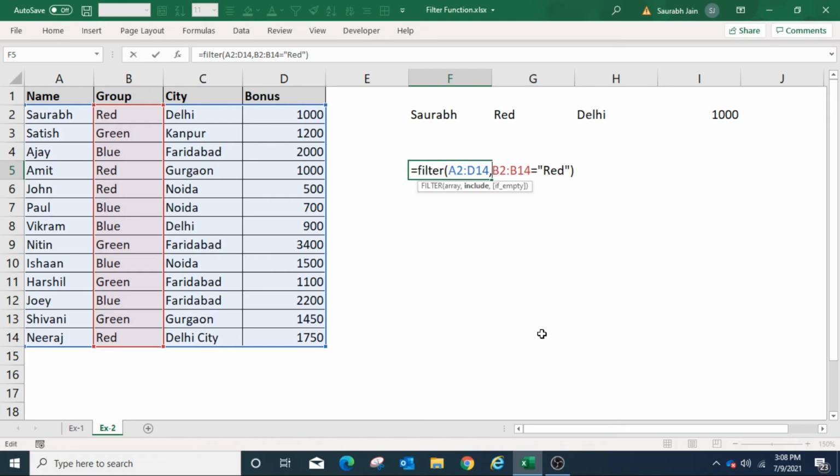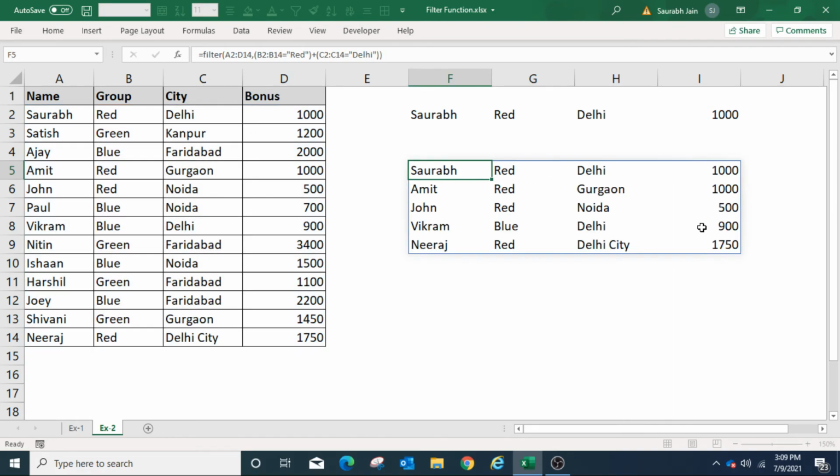Put the condition in the bracket, plus sign for the second condition in the bracket, select C2 to C14 equals to "Delhi". Closing bracket for FILTER. Press enter. Now the function is showing data where the city is Delhi or the group is red.